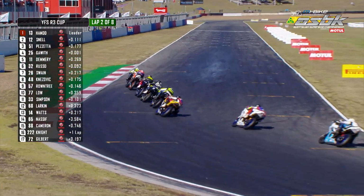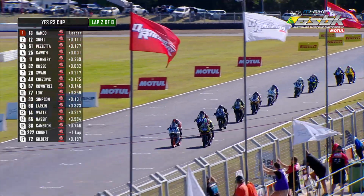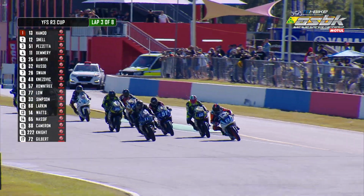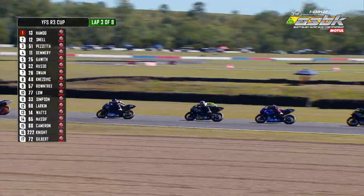You can see him there. Brandon Demery still sitting in a good position. You can see Jai Russo there on board the yellow and black machine, sitting back in about 5th position. It's good to see Sam Pizzetta up there. He was really good at the end of last year. Then he seems to have gone off the ball a little bit, but he's going really good now as Demery